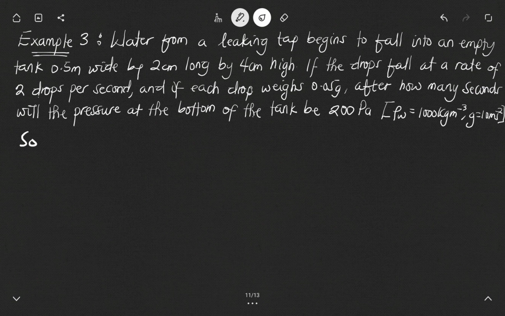Right, so the first thing I do is I write down my solution, and then I collect the parameters or the things that have been given in the question. So the water from the leaking tap begins to fall into an empty tank of 0.5 meters wide. So the dimensions that I have is 0.5 meters wide, by 2 centimeters